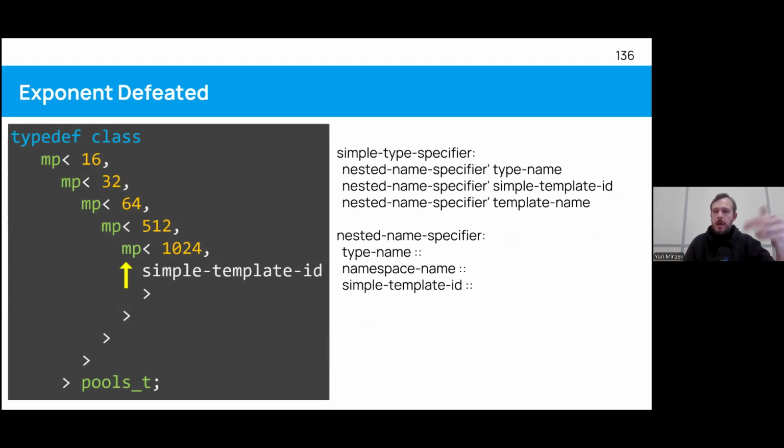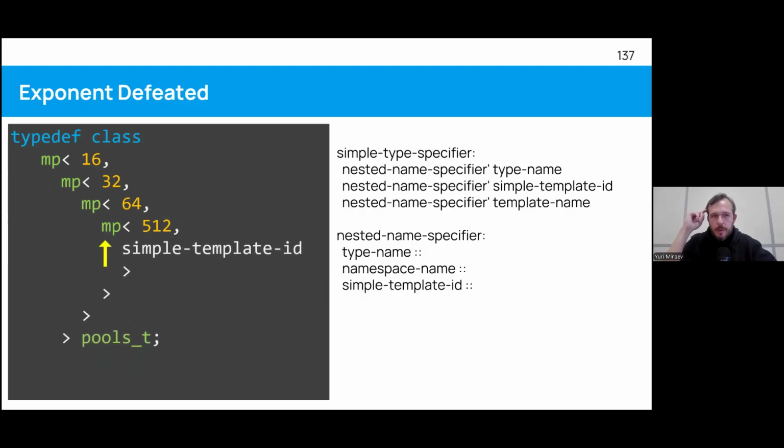And the same happens on every step. We go inside, let's say inside that piece of code here that the arrow is pointing at. We go inside it, we see, hey, it's a number. Okay, we have a number. And then we need a simple type specifier, which is a simple template ID. And we go like, hey, we already have that. And we never go into nested templates again, ever. We just visit every one of them exactly once.